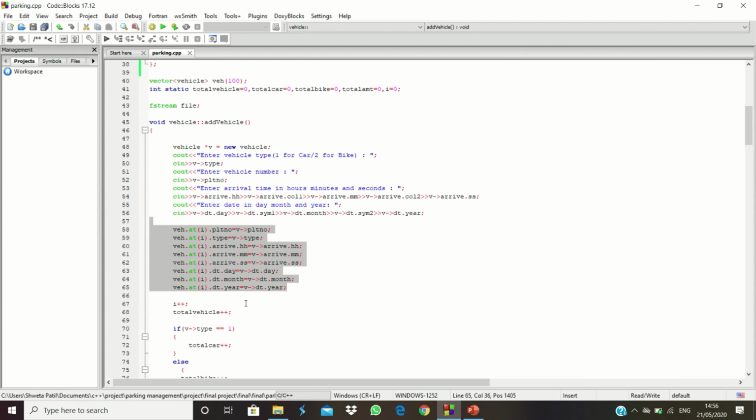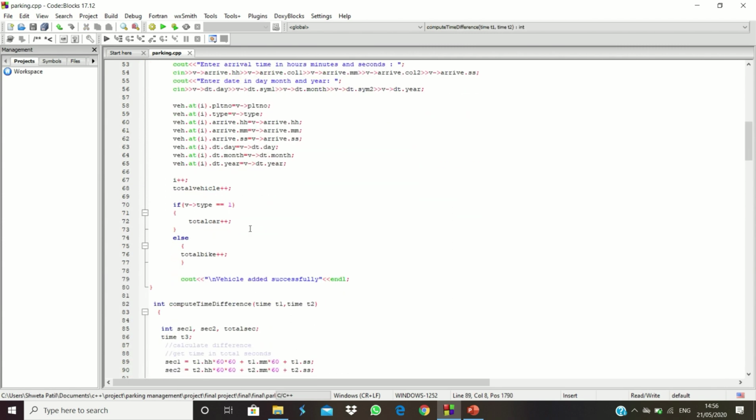As the vehicle enters the parking, the index value and total vehicle count are increased by 1, and according to type, it will increase the count of total car or total bike. And as the vehicle successfully enters our parking, it will show the message vehicle added successfully.